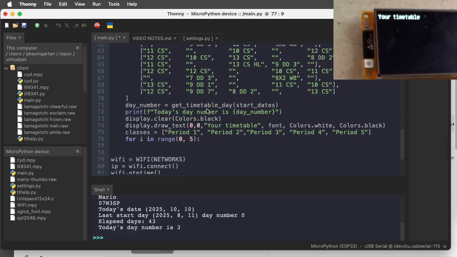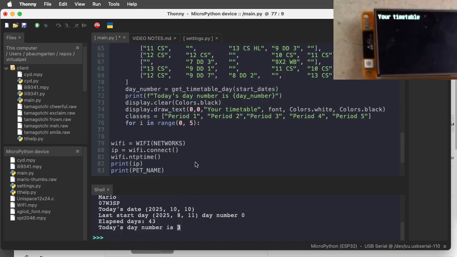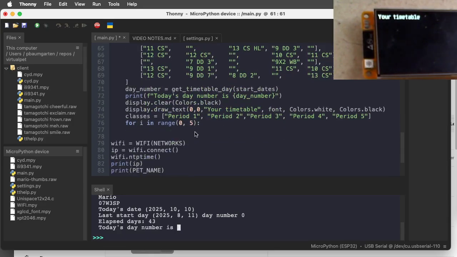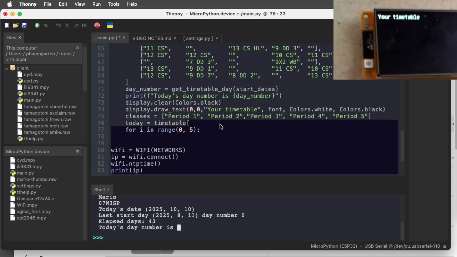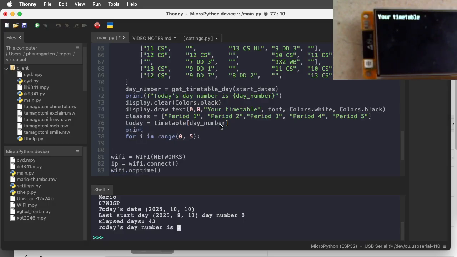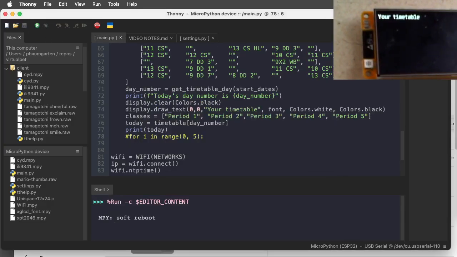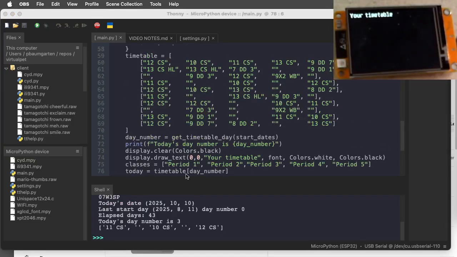All right, so what is today's? We use this day number to extract the sublist for the current day. If I might just show you what that looks like, I'll say today is equal to whatever's in the timetable. I'm going to use the day number to get that day's worth of classes. And if I print today, you'll see what that will do. So I might just pause while this connects to the network. Right, that completed, and it printed out